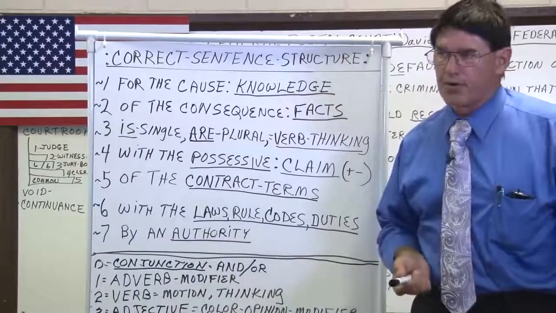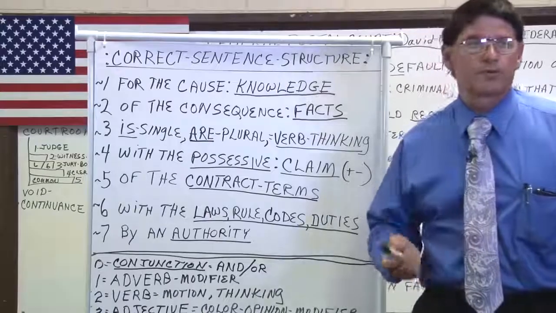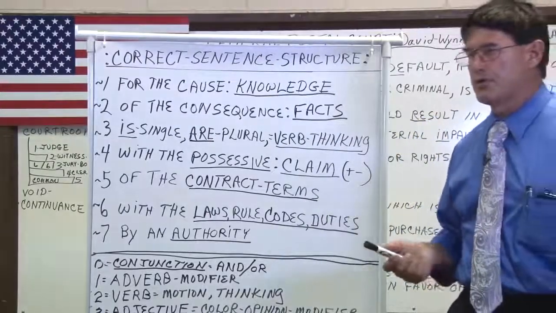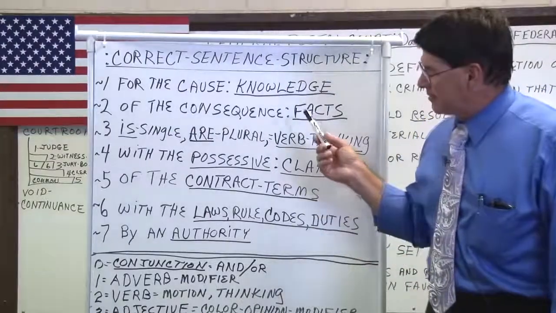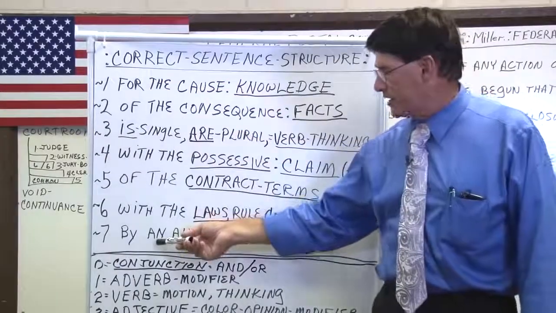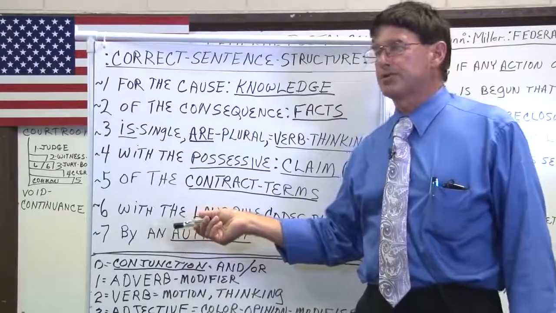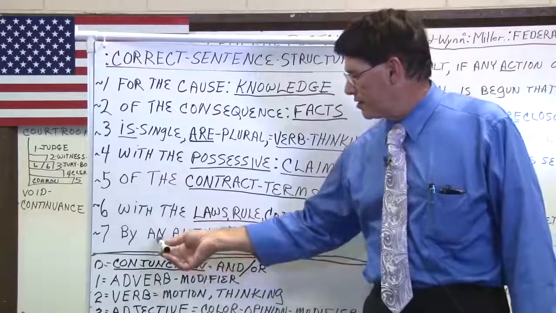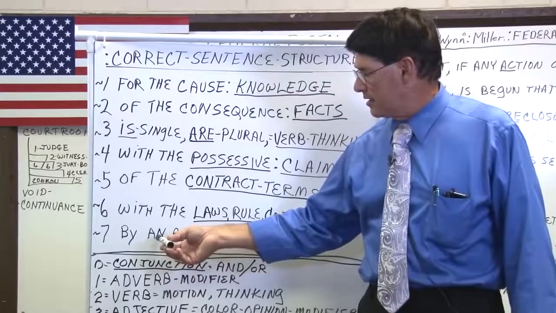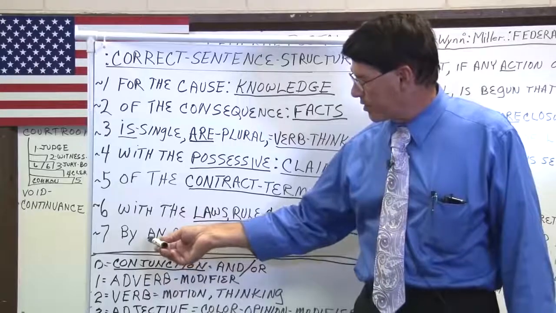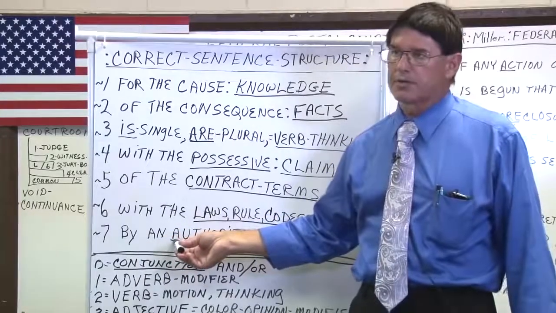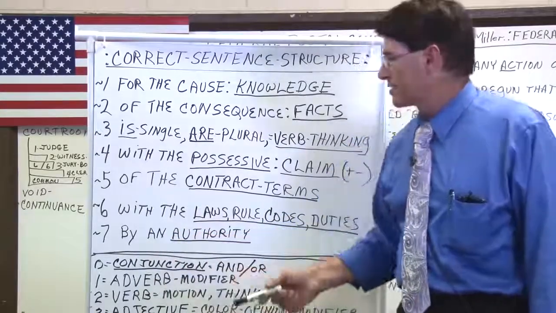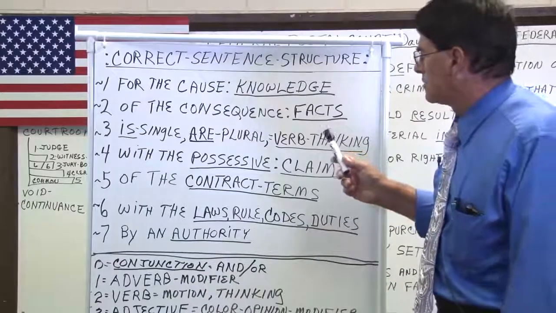Sometimes we use the word through, T-H-R-O-U-G-H, or T-H-R-U. But this is the lion's share of 99% of the prepositional, of the articles that are used in our grammar. Also the word an appears in front of any word that starts with a vowel. That's one of the exceptions to the rules.